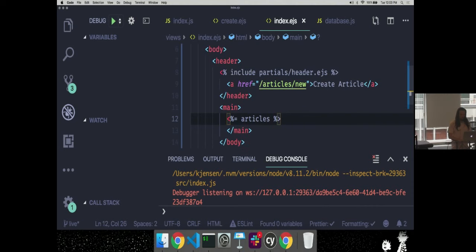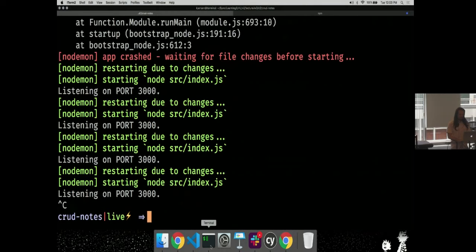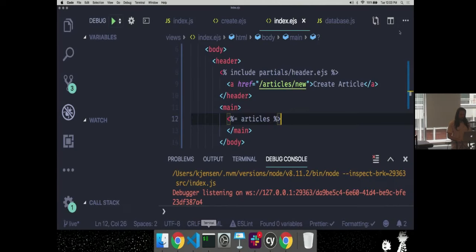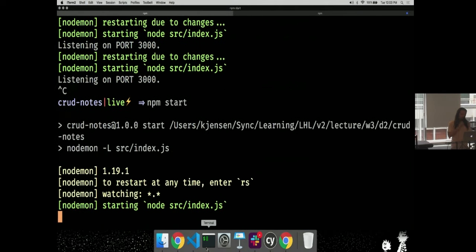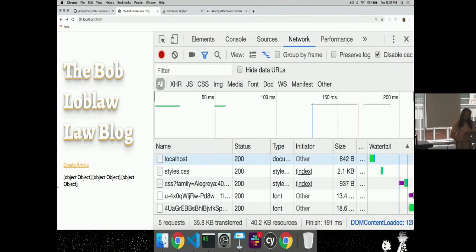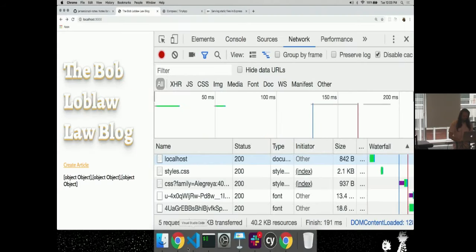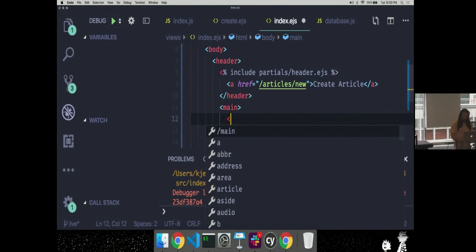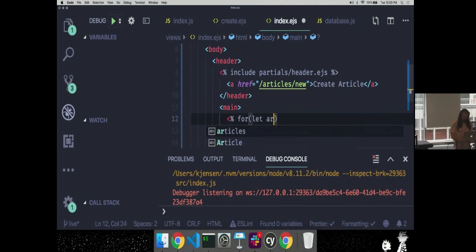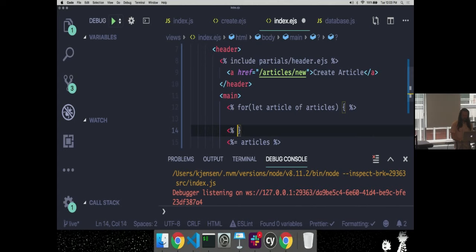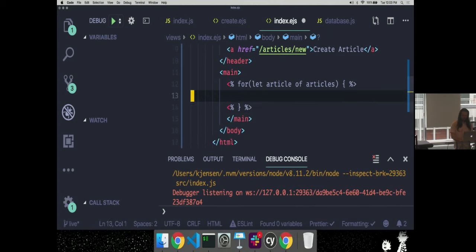Articles. And when I do that, oops, of course I have to kill this. I get rid of the debugger, don't need it right now, and I'm going to run this here, and that's what we have. So this is what gets printed out now when I just take articles, which is an array of articles, and put it into my EJS file. So what I want to do is loop over my articles. It's an iterable object, right? So I'll do my opening and closing for the for loop.